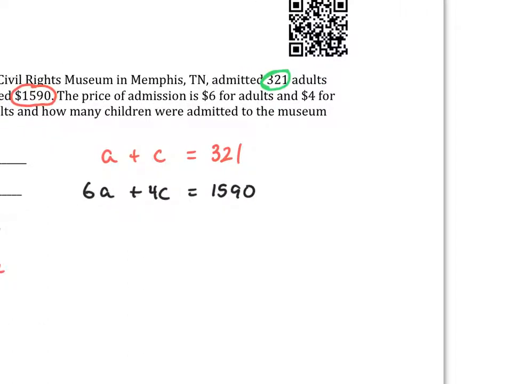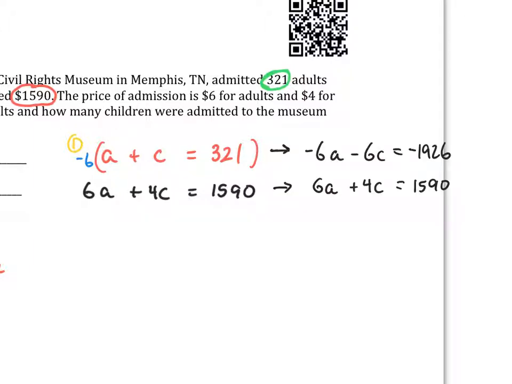So step 1, I'm already aligned, so that works out well. Step 2 is I need to multiply things in order to get opposite terms. It doesn't matter which one we do. You can multiply by negative 6 to cancel these out, or negative 4 to cancel these ones out. So I'll just go with the negative 6 to begin with. So there's my multiplication. Step 3 says I'm going to combine them. And we notice that the 6a's drop out. I'm left with negative 2c is equal